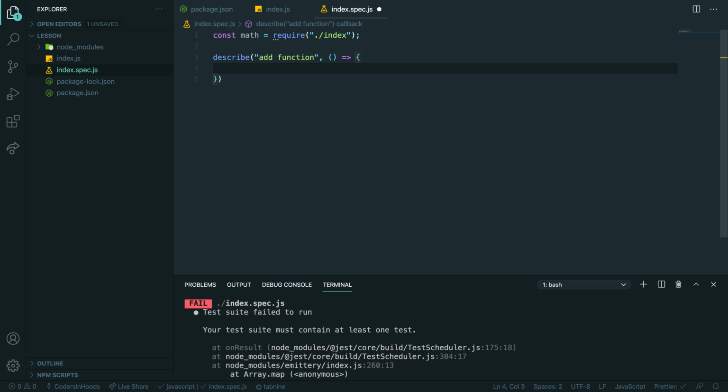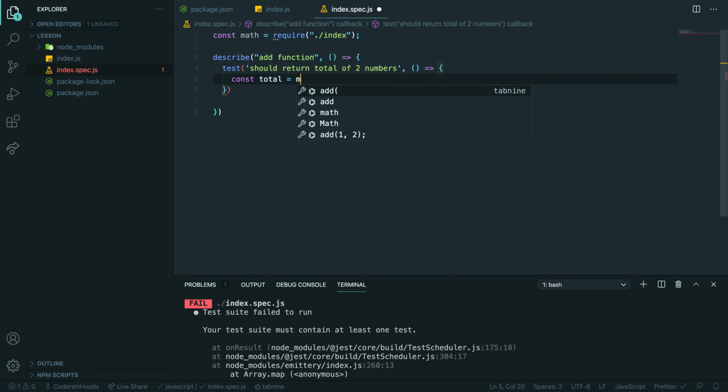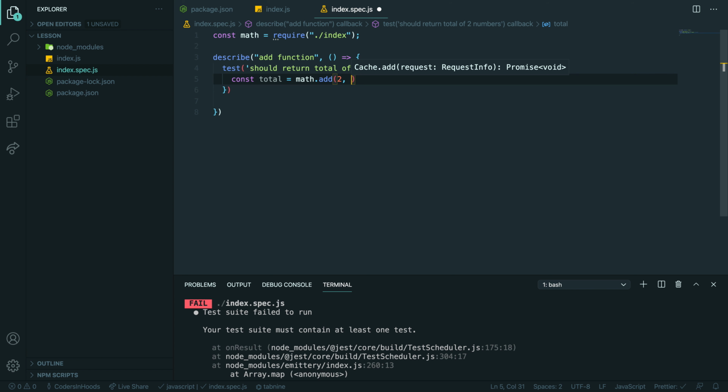Here in the set you will have tests, and again it takes a first parameter, which normally starts with should, for example, return total of 2 numbers. And as a callback, here you write your logic.